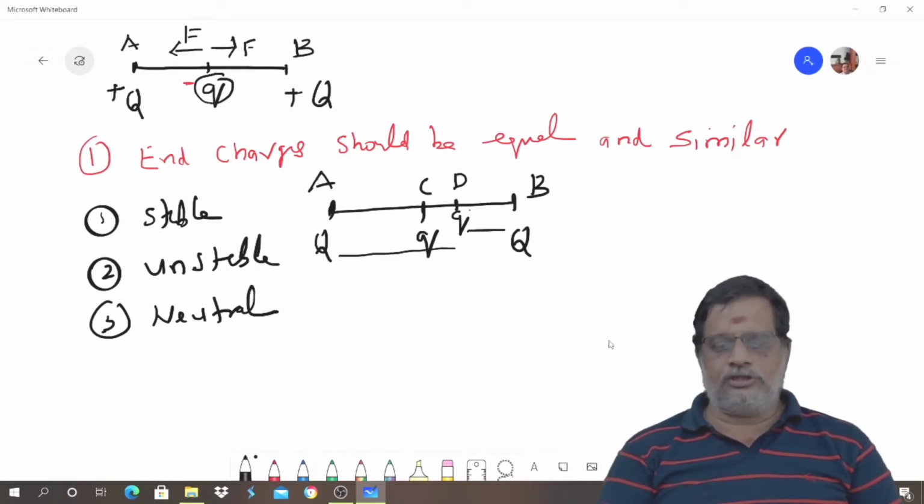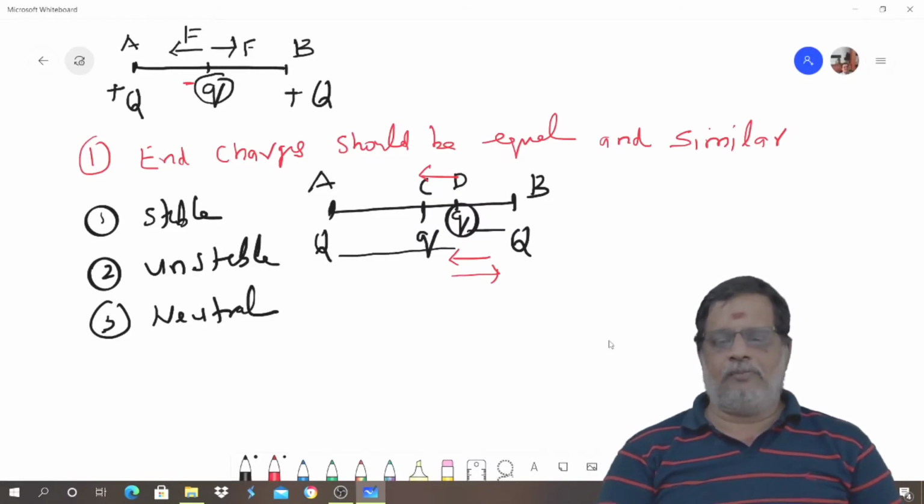So now this charge Q is repelled with a greater force by the charge at B and repelled with a smaller force by the charge at A, which means that the net force on D is now towards the left. It is now repelled with a greater force by the charge at B. At the same time, the repulsive force due to the charge at A decreases, and therefore the net force on the charge Q, which is now at D, is towards the left.